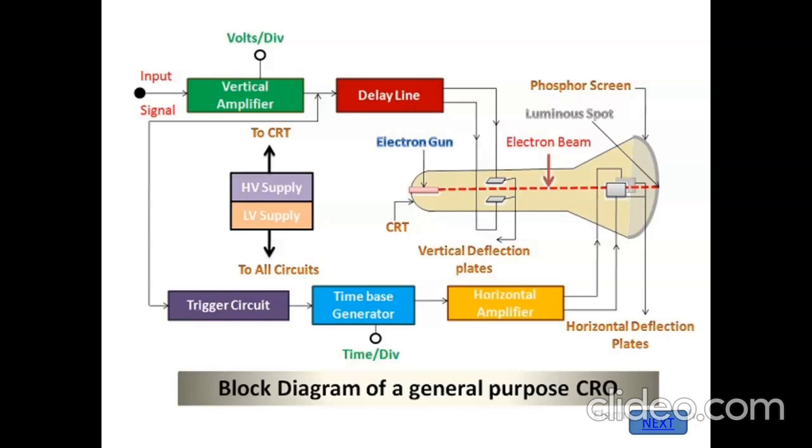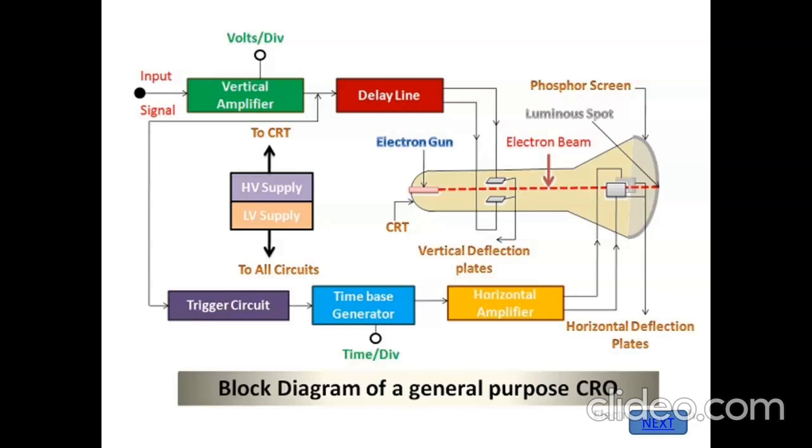First, we'll go for the vertical amplifier. Vertical amplifier, it is going to amplify the weak signals, and it decides the sensitivity and the bandwidth of the CRO. The input is given to your vertical amplifier. And next is your delay line. Delay line is nothing but you are going to give some delay. Why? Because if my vertical amplifier signal is going to reach my vertical deflection plates very soon, then my output will not be proper in the screen. So I want to synchronize with my horizontal amplifier signal also. So the delay line is given for giving some delay in order to reach the particular deflection plates.